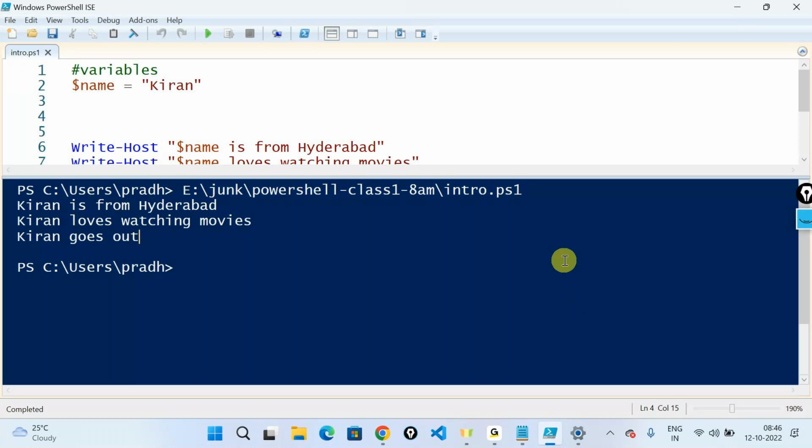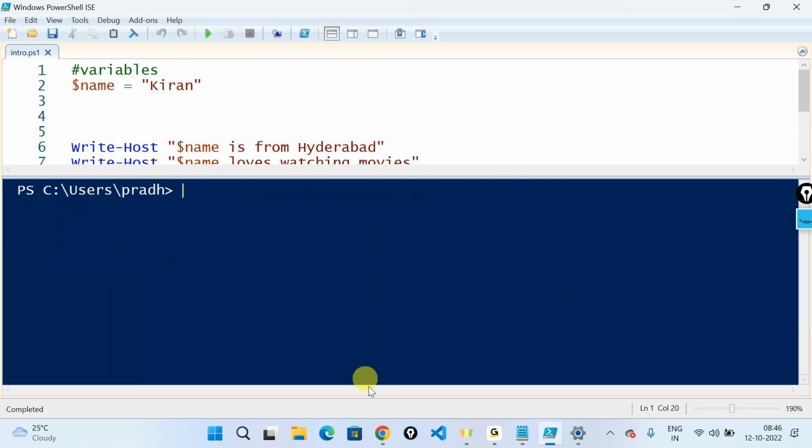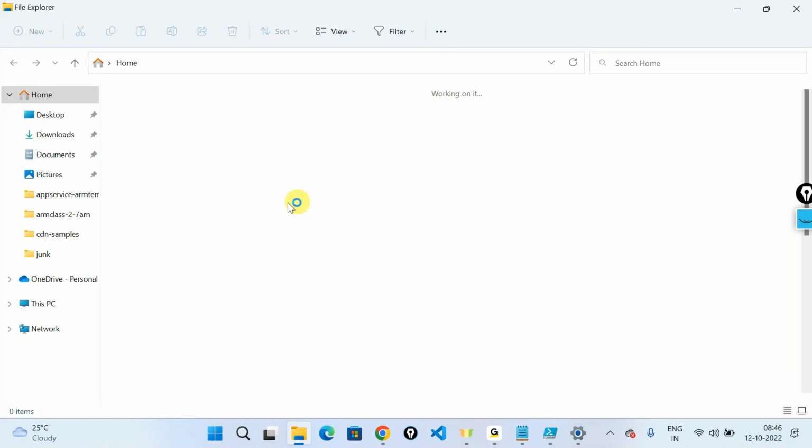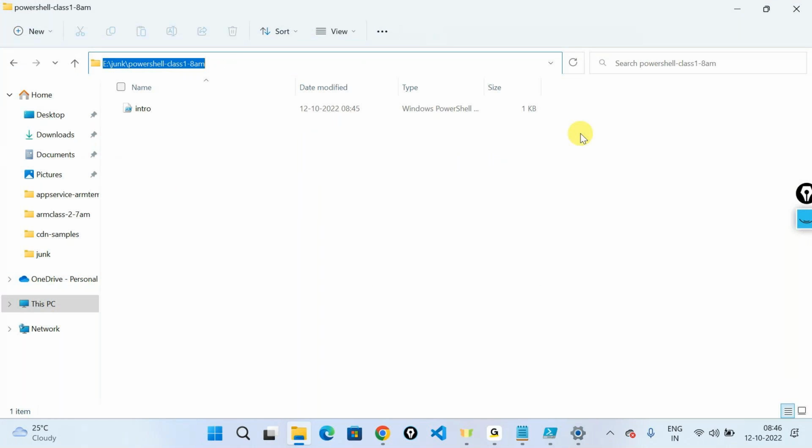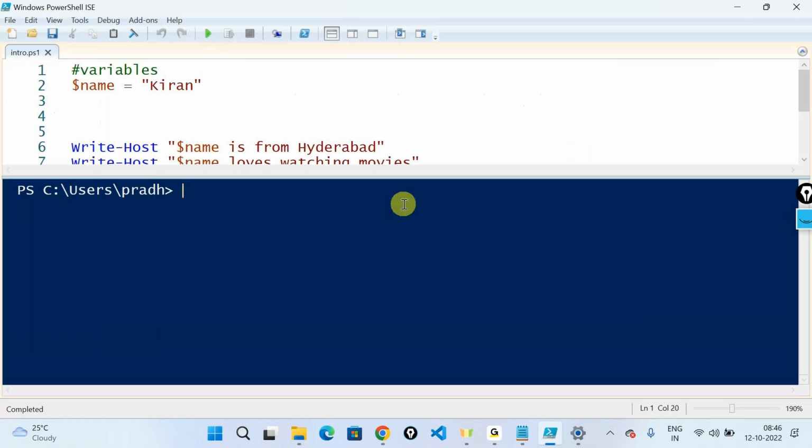If I want to, let's say, execute only the script, but I'm in the location where the script is saved, for example. So if I'm in the location where the script is saved, then yes, you can do a dot backslash. So the question here is that if I'm in the location, can I execute the script directly? Yes. So for which I'll just take this location, and if I want to go into that location, I'll just